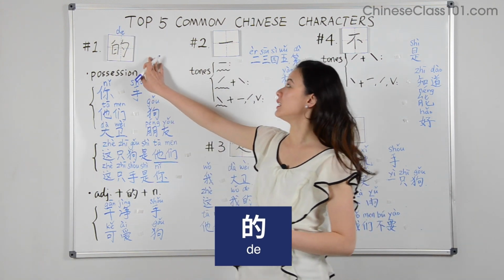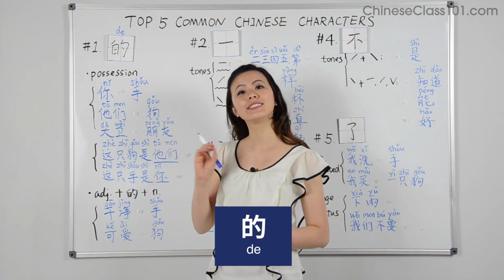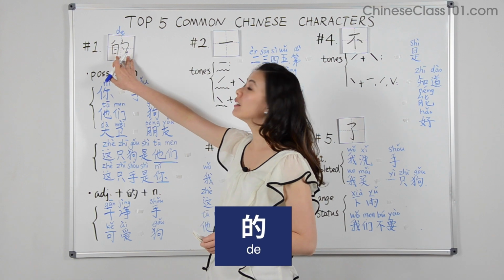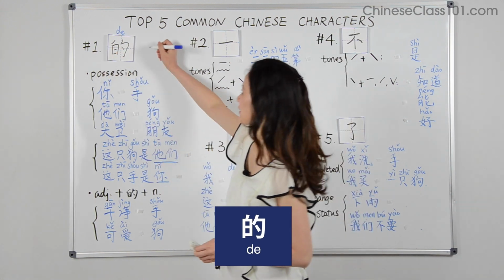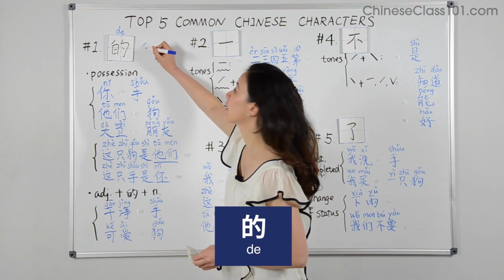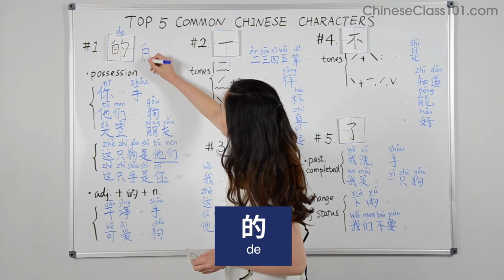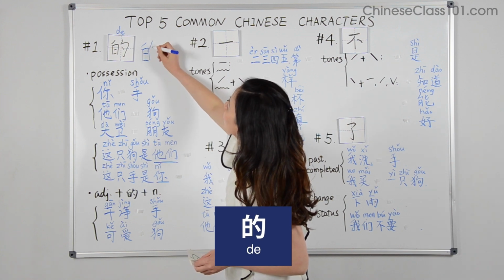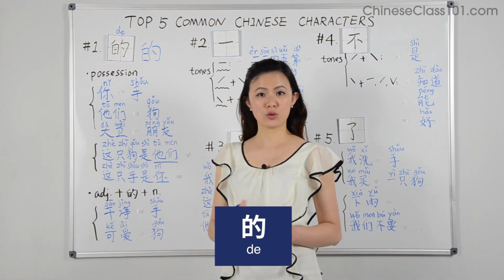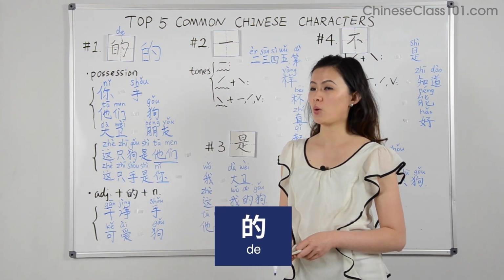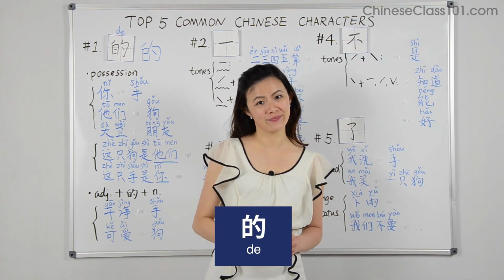的 is the neutral tone, which means it's light and brief. 的. And to write 的 in the correct stroke order, it goes like this. 1、2、3、4、5、6、7、8. So it has 8 strokes. 一共有8笔画。